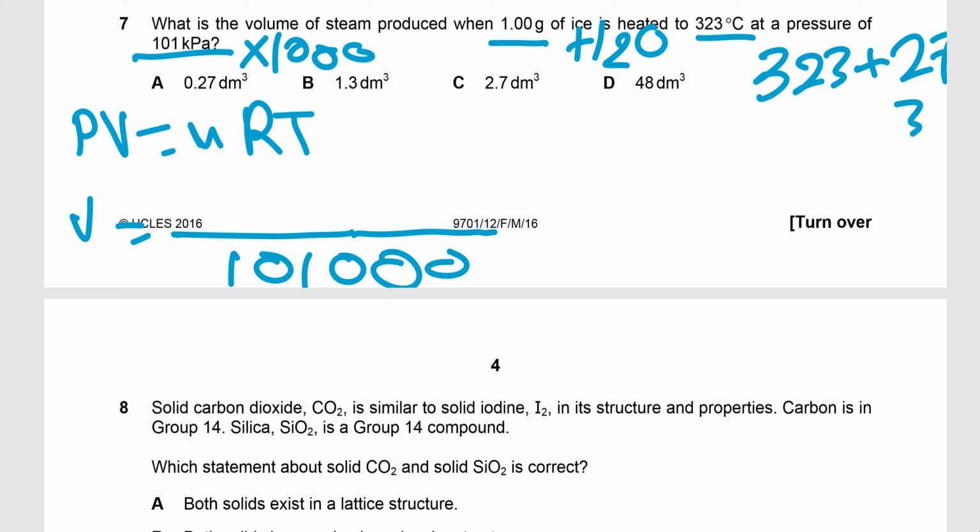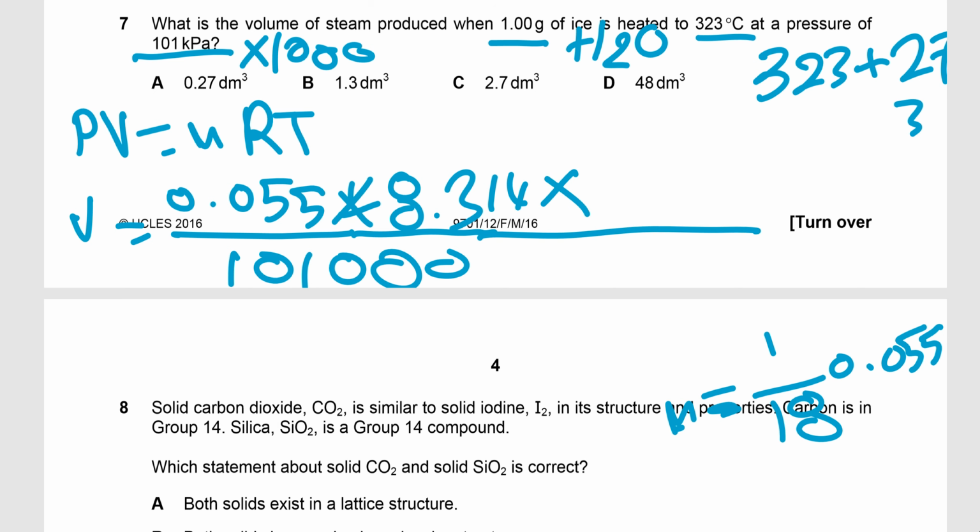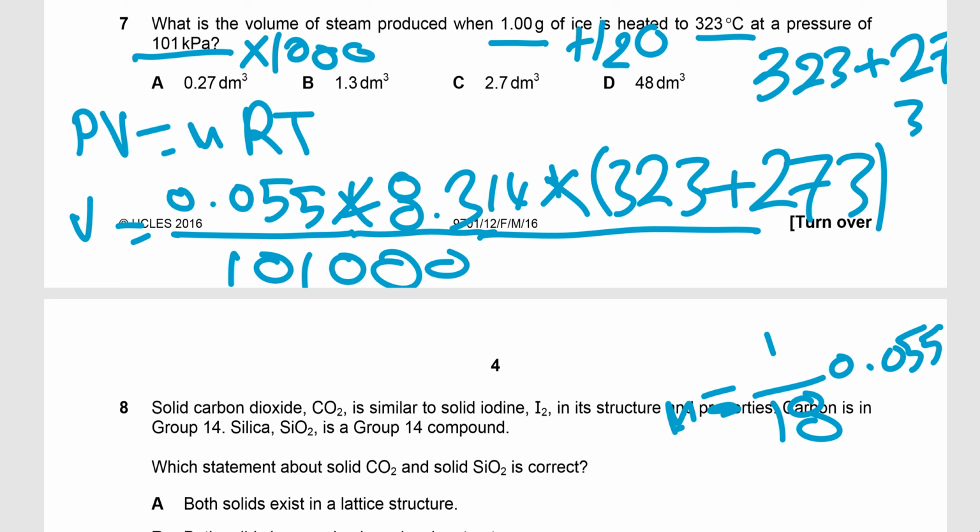And number of moles, by dividing 1 gram over 18, the molecular mass of H2O, which is 0.055. So here 0.055 times the real gas constant 8.314 times the temperature, which is 323 plus 273. So by calculating the V, you will get it